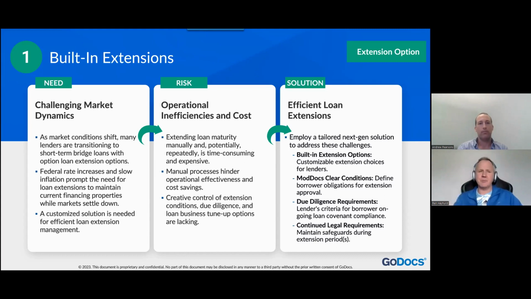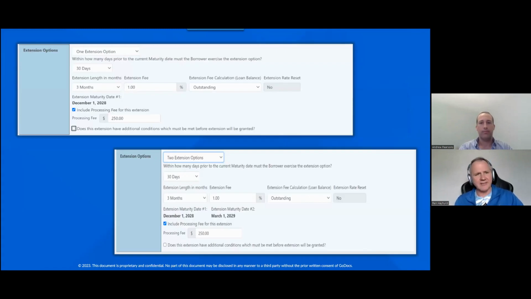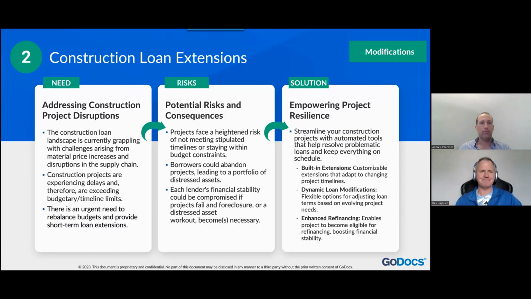And those are things I want you to think about as we're talking, because we want to provide tools that give lenders choices down the road that allow them to have predictability and control without being stuck in a negative situation. And here's just an example of a couple of tools within our ModDocs platform. You can choose multiple extensions, how long the extension period is going to be, the economic terms, and add any special and additional extension conditions.